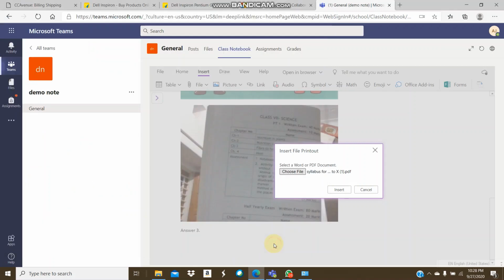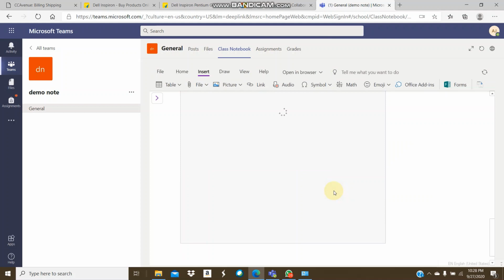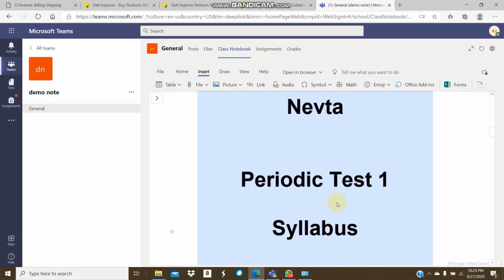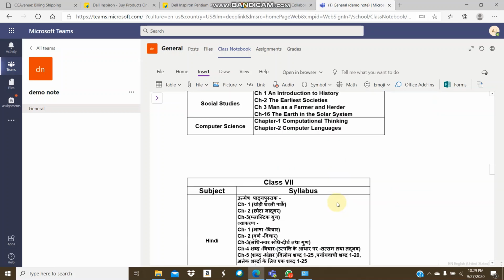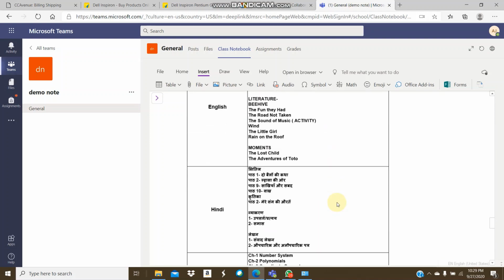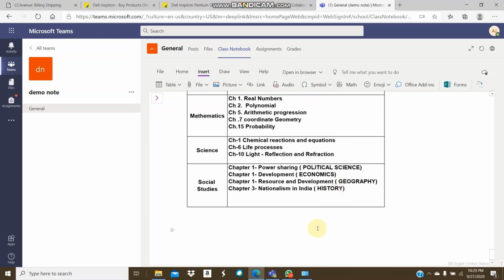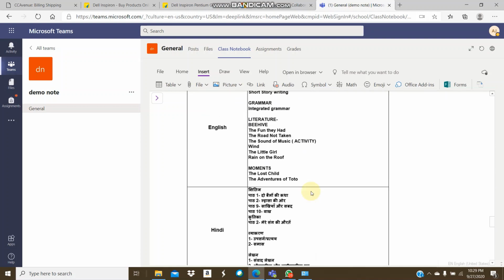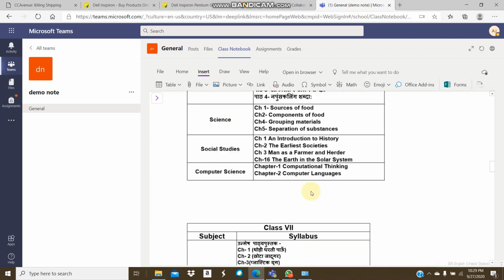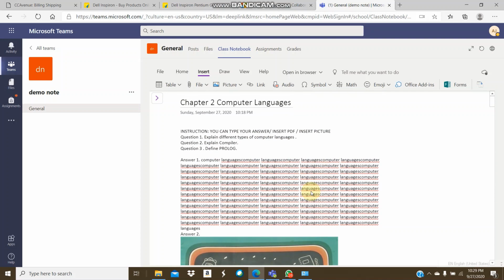I click open, click insert, and it will take a little time, 1 or 2 minutes depending on your file size, and the same thing will appear on the page. Now I can type here, thanks ma'am or sir. If you have done work till here, your work will be submitted to the teacher.